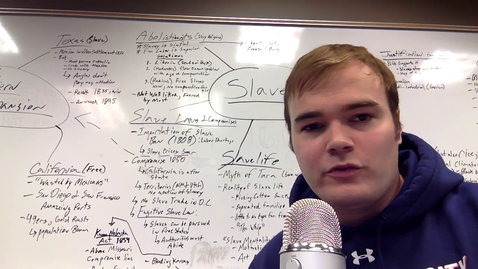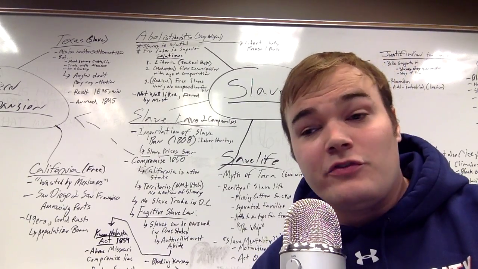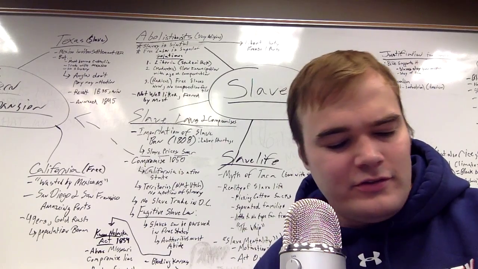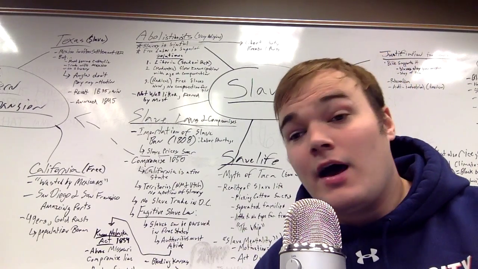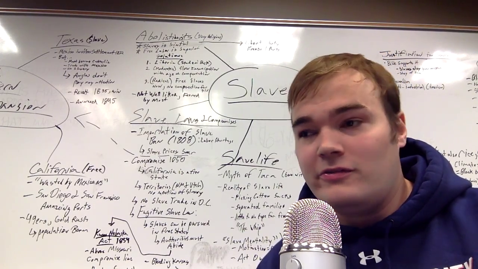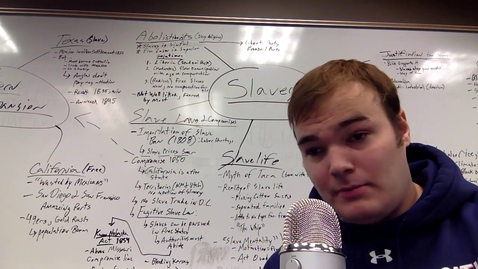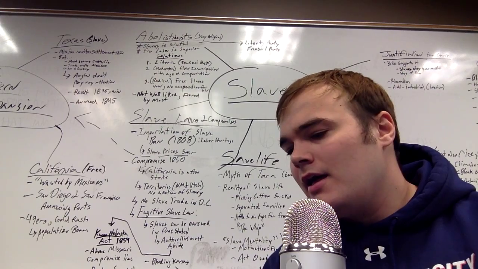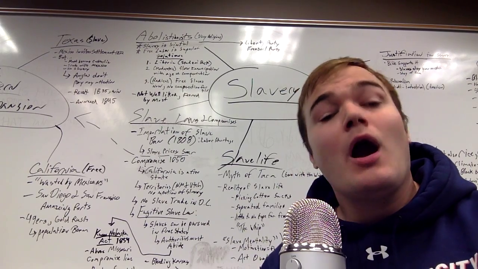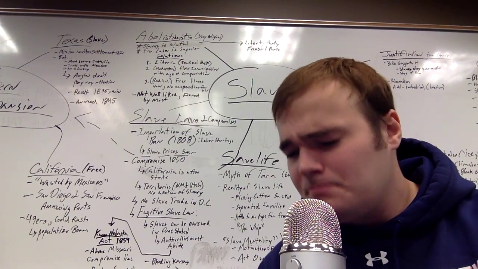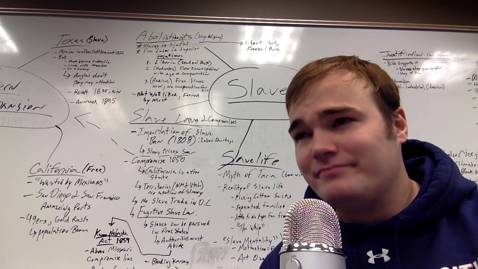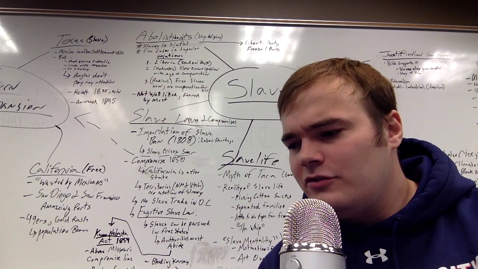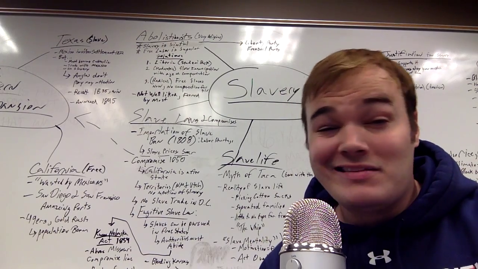A moderate solution is this idea of slow emancipation. Some of the abolitionists are going to believe in this. This is the idea that over time, we gradually free the slaves, like have an age limit. When somebody becomes 30, they can be set free, and farmers will be compensated for their slaves. It's a more reasonable solution to the issue of slavery, but it's not really going to take hold.